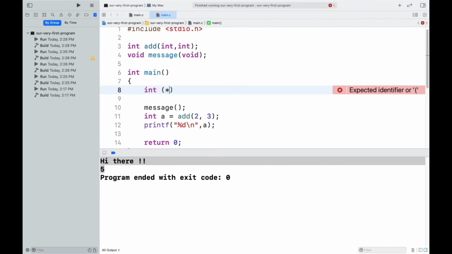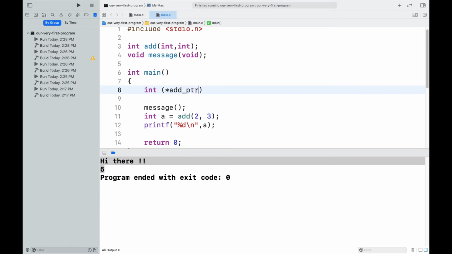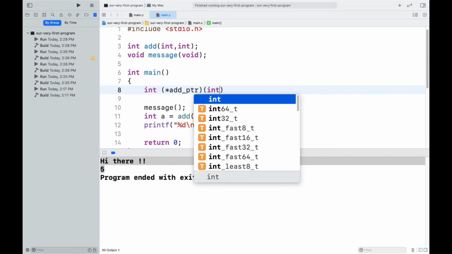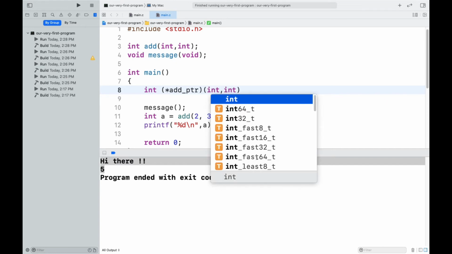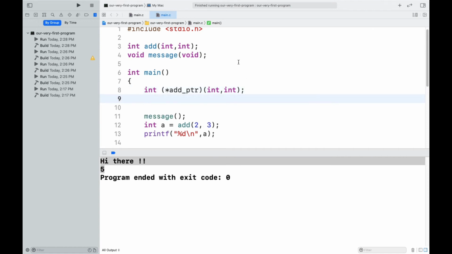So we need to write star, and let the pointer name be add PTR, the pointer to the add function. We need to give the formal parameters, and I'm going to give int, int because it takes two integers, and end with a semicolon. Now I need to save. I have just declared the pointer. The pointer name is add PTR.